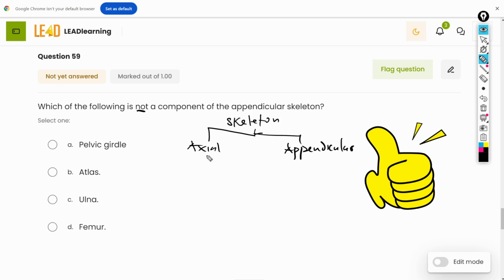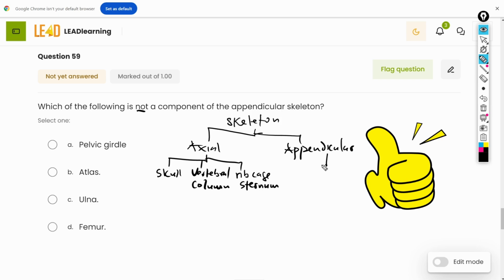The axial skeleton consists of the skull, the vertebral column or backbone, and then the rib cage and the sternum or breastbone, while the appendicular skeleton consists of the pectoral girdle